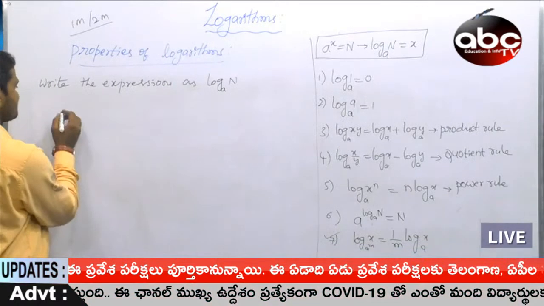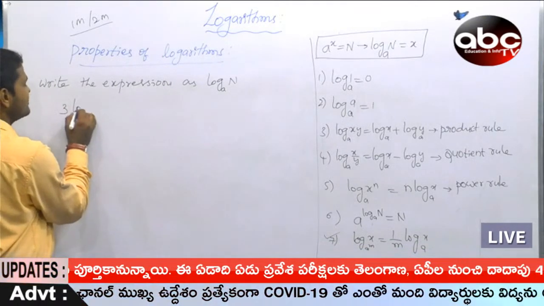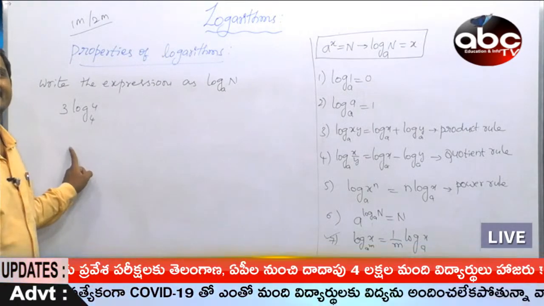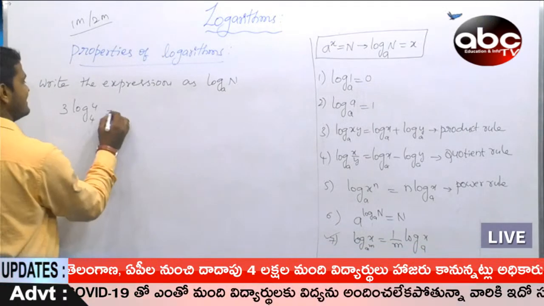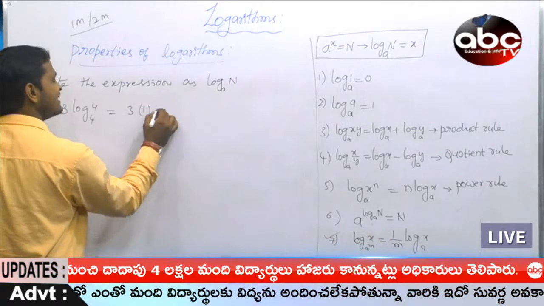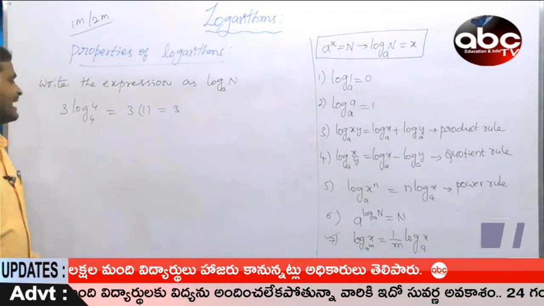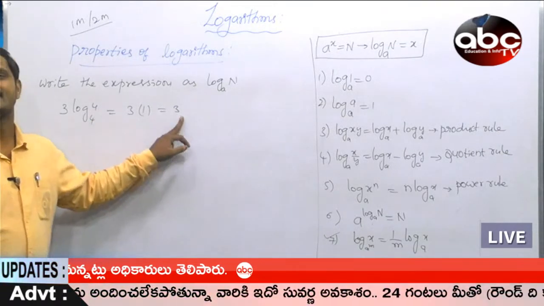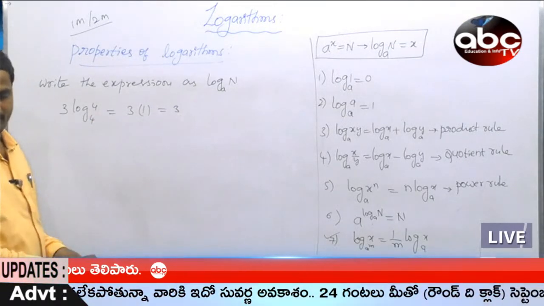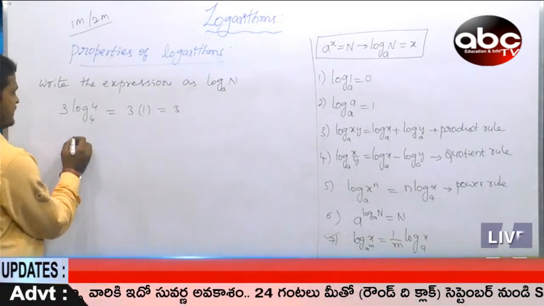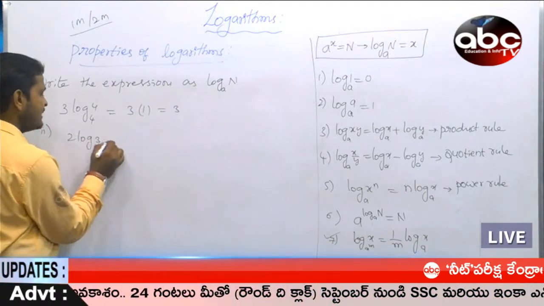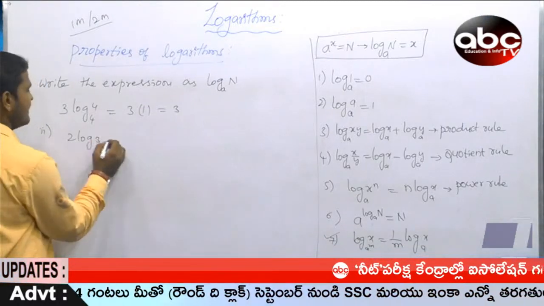For suppose, 3 into log 4 base 4. What is the answer here? 3 into 1, that is equal to 3. Already know, log a base a is 1, then the answer is 3. Okay. Next one, second one, 2 log 3 minus 3 log 2,